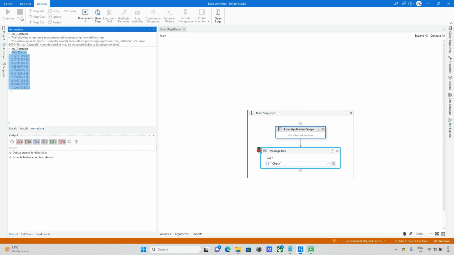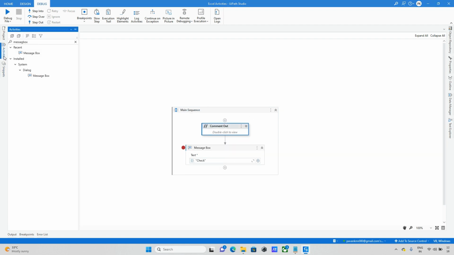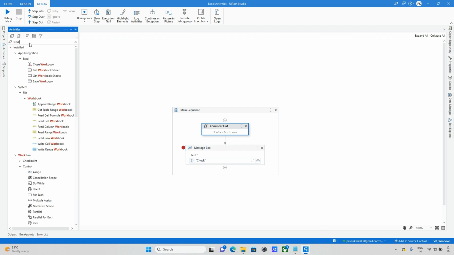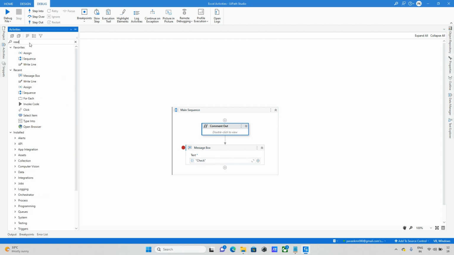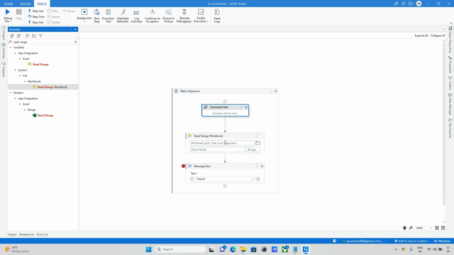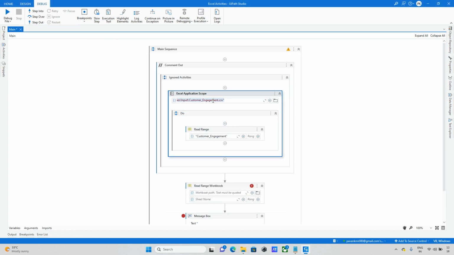Now we'll see the workbook activities. Just I will comment out this one. Let me disable it; if you want, you can enable it and let it print. Now I'm taking workbook activities. For workbook activities, the read range is here. So when you check, it is the read range workbook. This is the one. Just drag and drop, and this is the same path. Let me copy this path